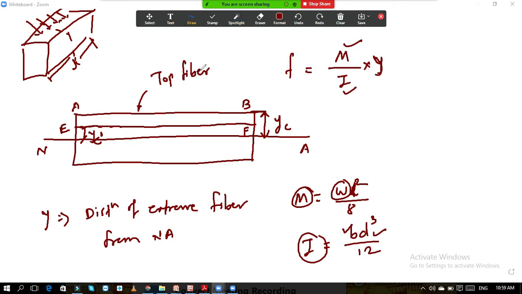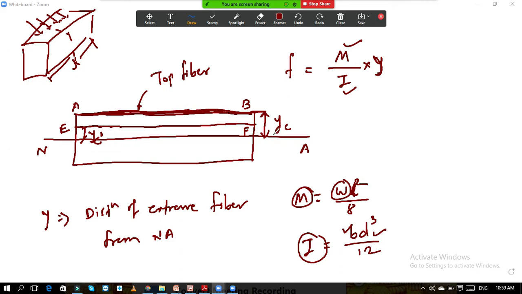Now if you get this greater stress, then at this point the strain is also high, because the stress is high. Are you getting the point? Because stress and strain are directly proportional to each other. We are seeing the linear variation here. It obeys Hooke's law: stress is directly proportional to strain. One increases, the other also increases. So that is why at the top we are getting the maximum stress.